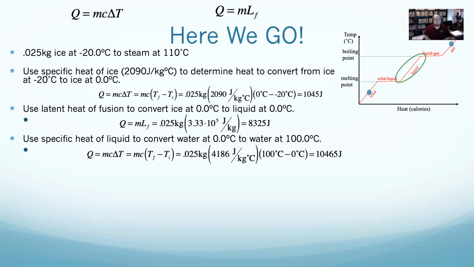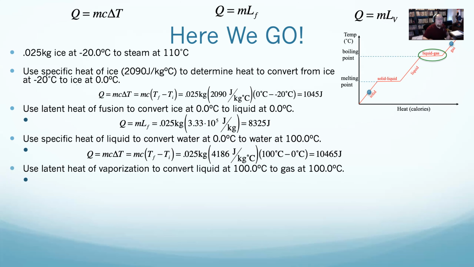Now I have water at 100 degrees. My plan is to make it gas. If I want to make water into gas, I have to take my water at 100 degrees and turn it into steam at 100 degrees. And the amount of heat required to turn water to steam is Q equals mL. And so I can figure out exactly how much energy it takes to go from water at 100 degrees to